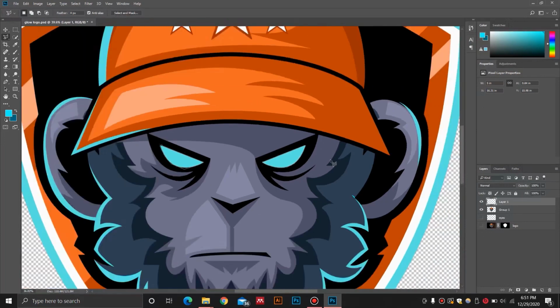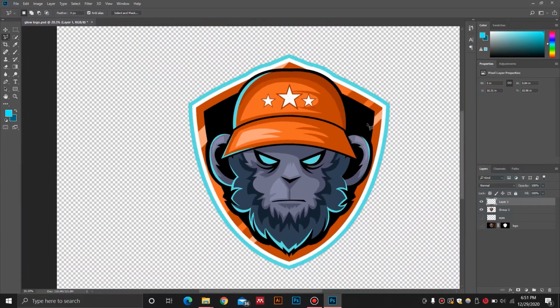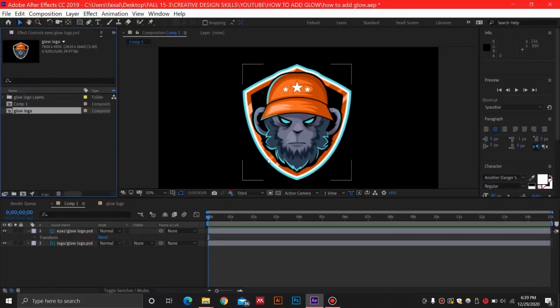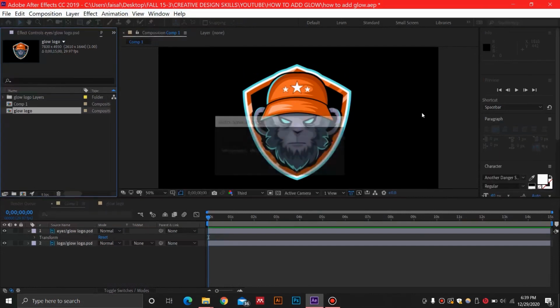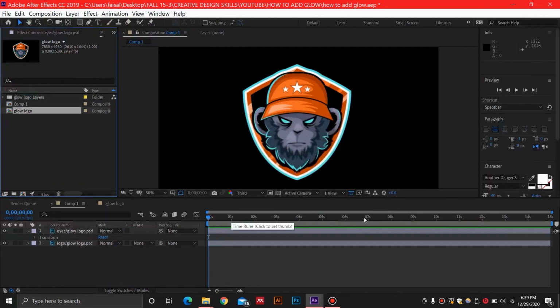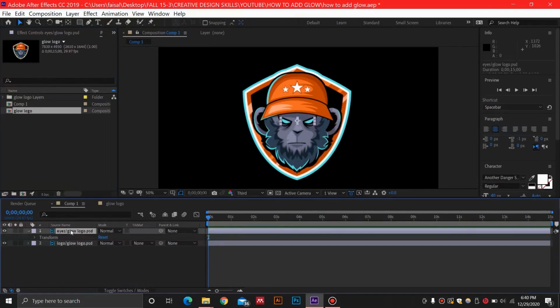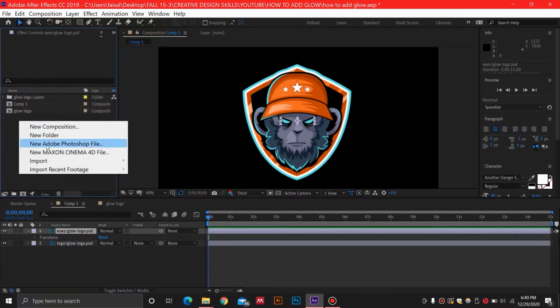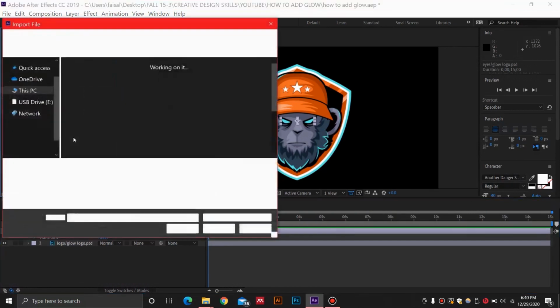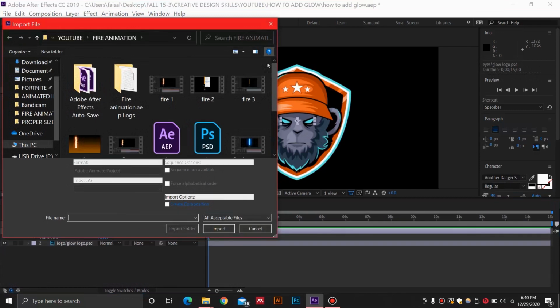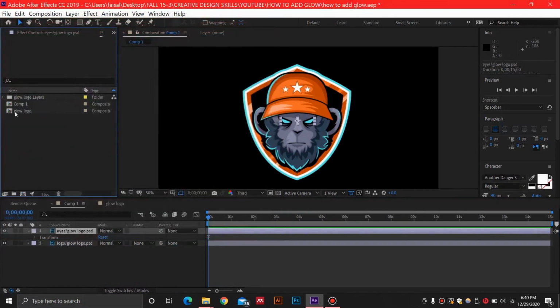Now you can import this file into After Effects. Just go ahead and save this file and you can import this into After Effects as a PSD. So as you can see over here, once I've imported my files in After Effects, this is a 1920 by 1080 pixel composition, and I'm going to use 7 seconds of this, but I have extended it to 15 seconds just in case. So once I import my file, right click, import file, and you can import your specific Photoshop file from over here, then import. And once you do that, then you will double click this, and these Photoshop layers will be visible over here.